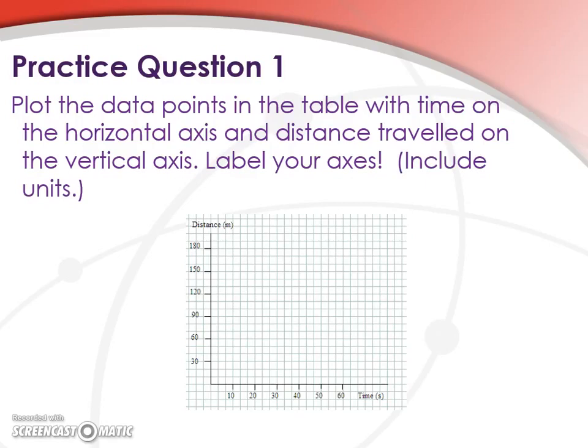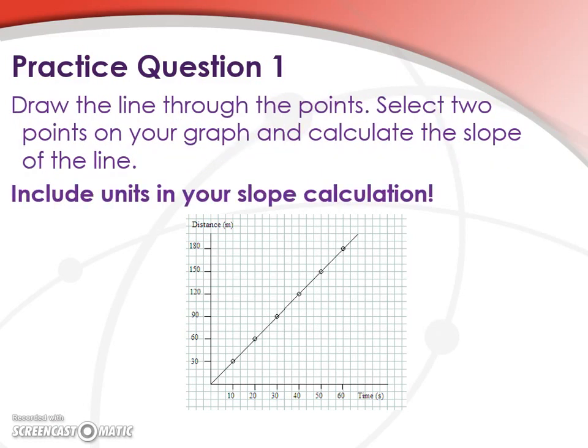Okay, so we've got our axes labeled here, and we plot our points, and we, no great surprise, see a linear plot as we covered in the question when we began. We're linear with respect to distance and time. Now, if we draw a line through the points, we can select 2 points on that line and calculate